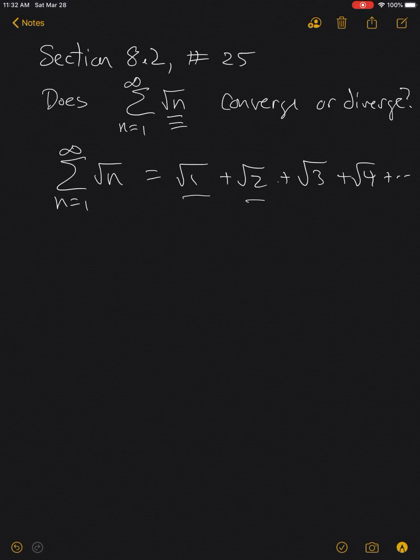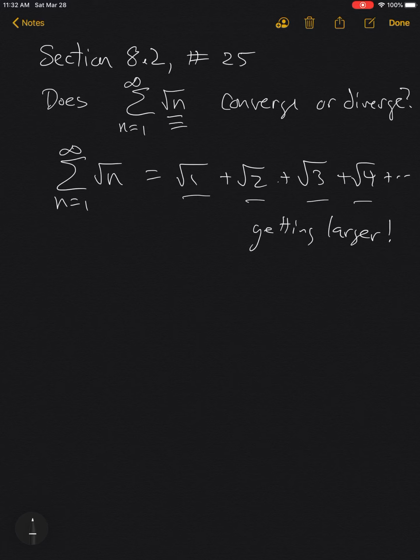These individual terms are getting larger, and we're adding them all up. We continue to just add up larger and larger numbers. And so hopefully our intuition kicks in and says this ought to be diverging. And that's precisely what